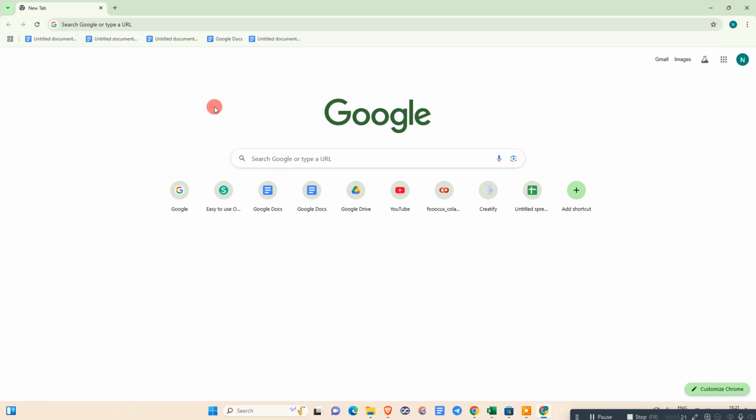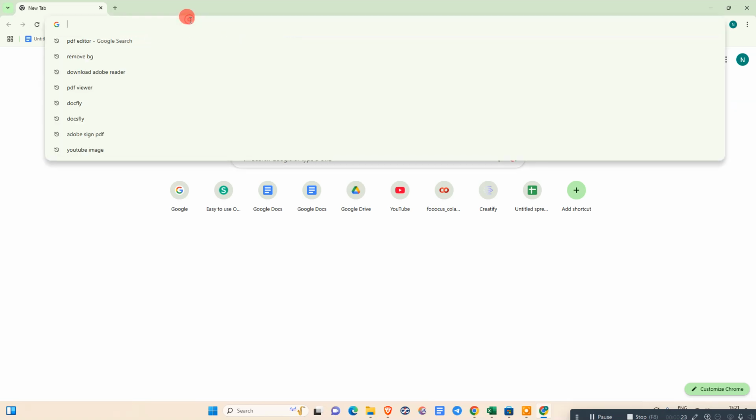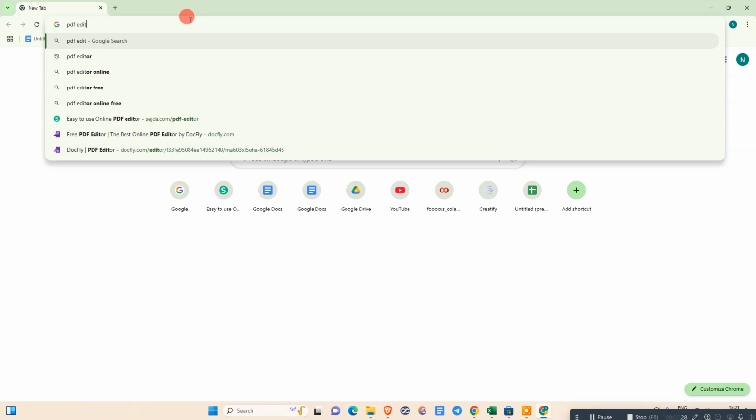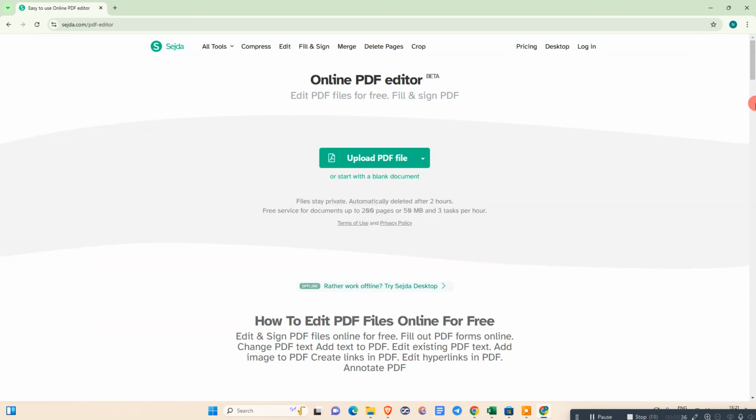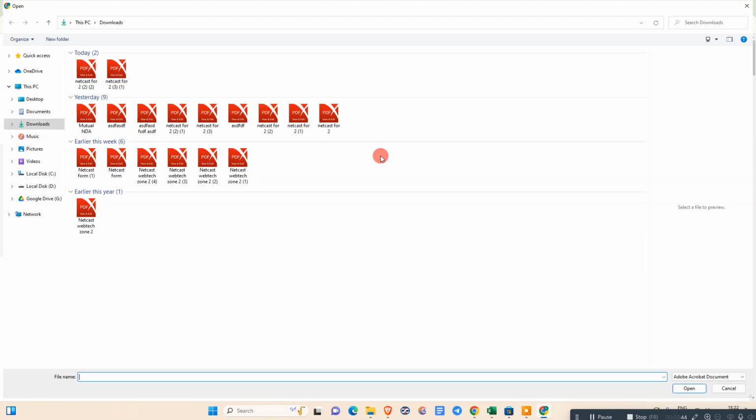So guys, here we are. First we need to open the browser. So I have opened my browser and we need to search for PDF editor in a search engine like Google. So here you can see lots of tools. So I'm using this one, which is very useful to edit your PDF file. So just come here and just upload that file to your